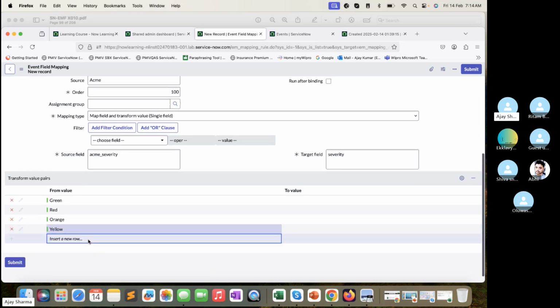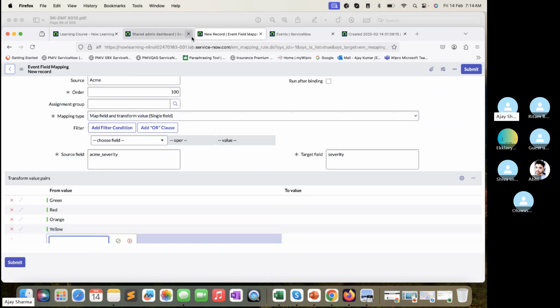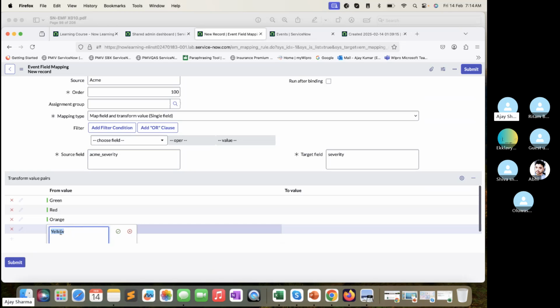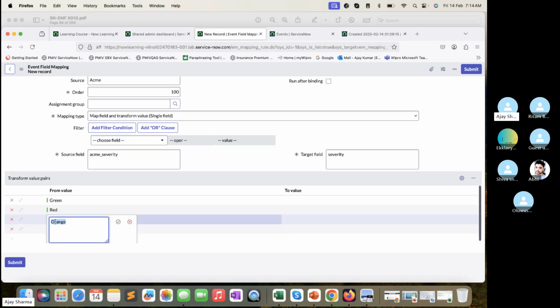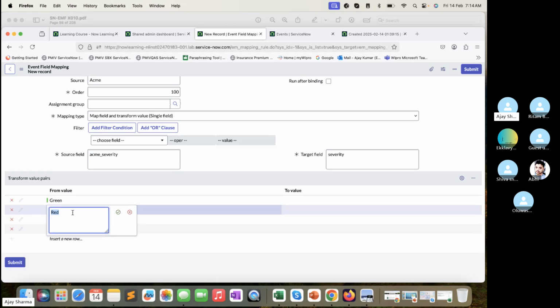So what I'm doing here, green, red, orange, yellow and blue. But what I did, I just did not follow because the value is coming in capital letters or small letters basically, right? Let me put this one, orange,